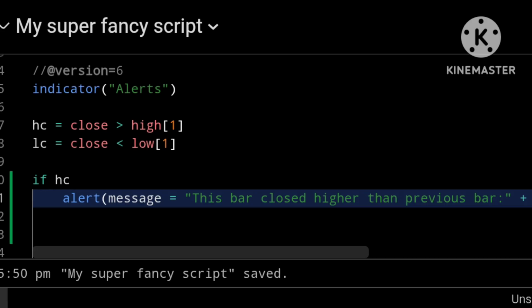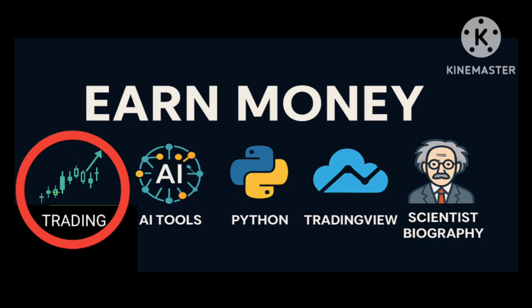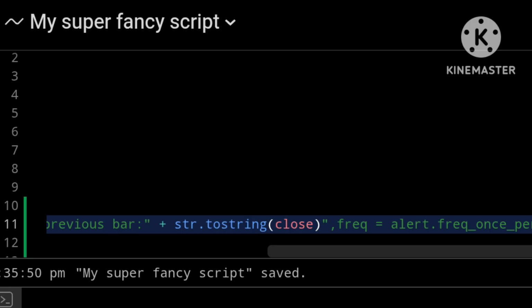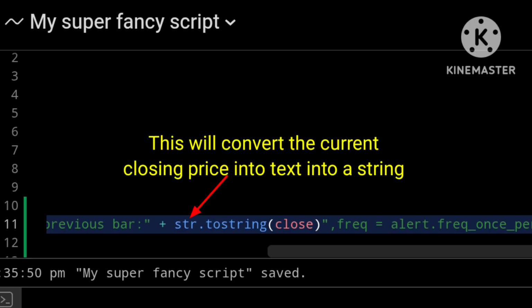So to do that, we need to use the toString function, because you cannot add a number directly to a string, and we need to use the str namespace here. We will go over namespaces in a future lesson, but we need to say str.tostring and then pass in our number, and this will convert the current closing price into text, into a string.